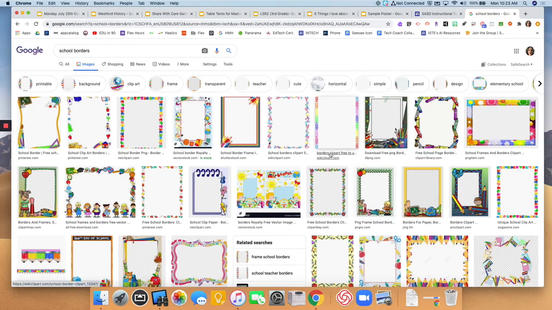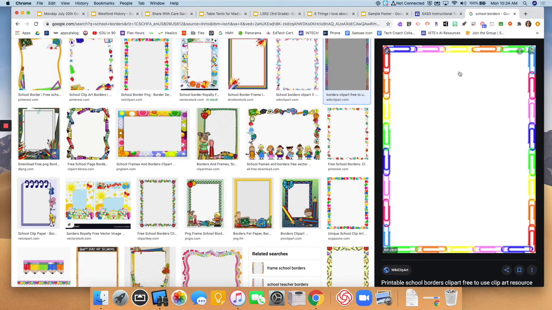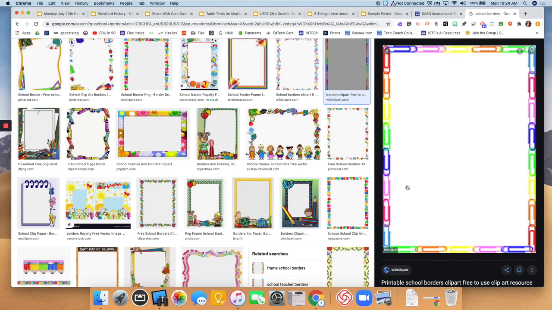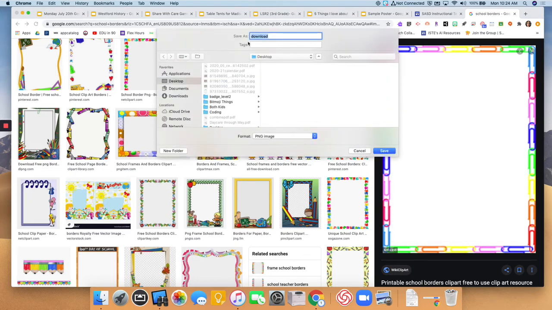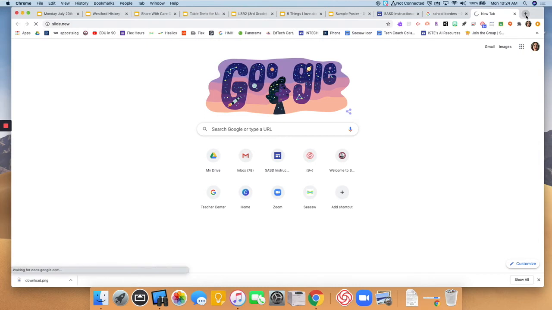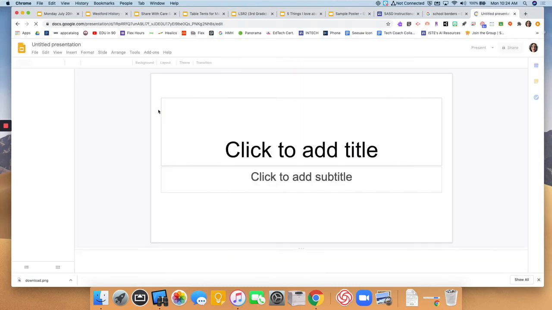When I find a border that I like, so maybe I really like this paperclip border, there's a couple ways you can get it. If the image allows you, you're always free to save the image. So I right-clicked, so control-click, and then I'm going to save that image. And then when I save that image, it's saved to my desktop. And then when I go into a slide,